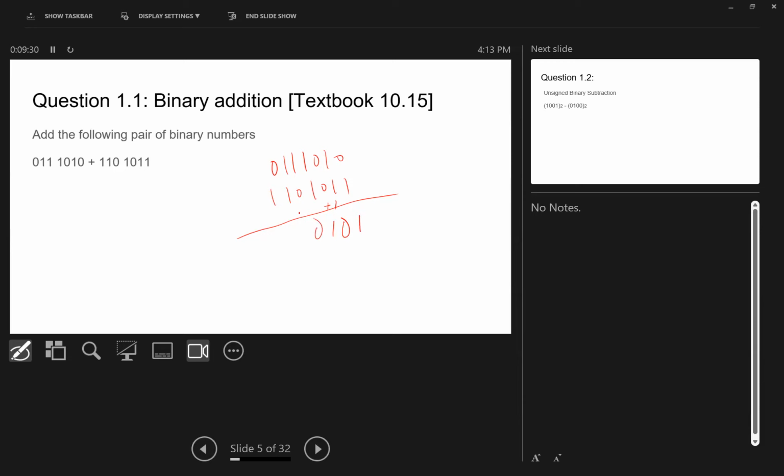Is it clear? So actually, you may find the maximum number we can represent and the minimum number we can represent are not symmetric, right? Is it clear? Because the absolute value of the minimum number is not equal to the absolute value of the maximum number, right? That's because we only have a unique representation for 0,